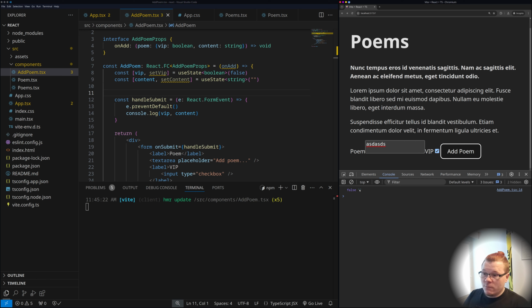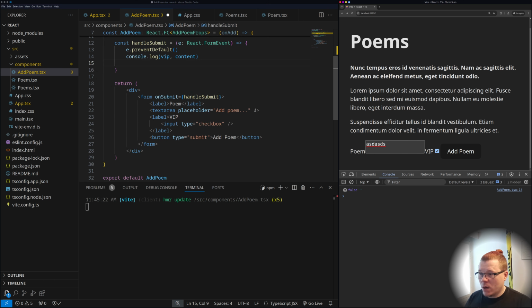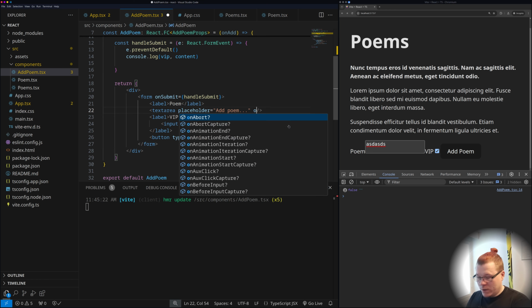Now they are false and empty, of course, because we have set them so. So they were empty, but that's not what we want. So when someone is writing something here, we would like to have the state to be changed. So we have this on